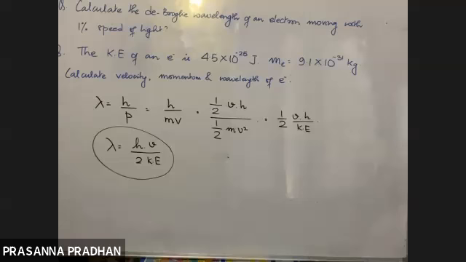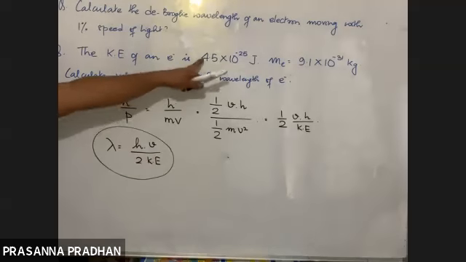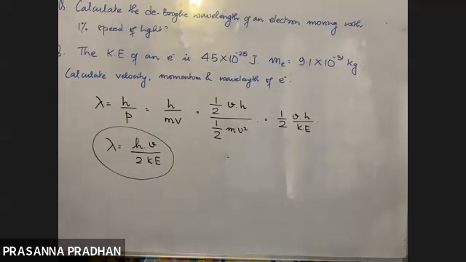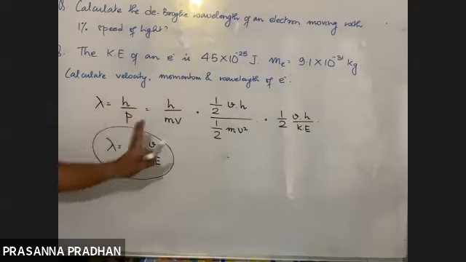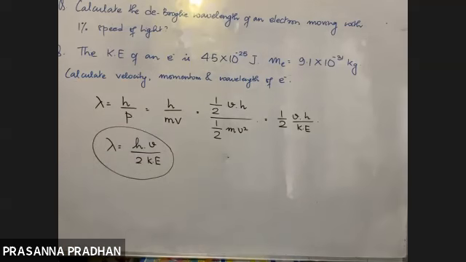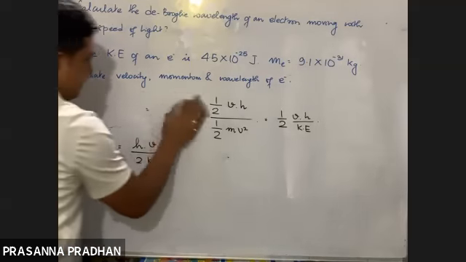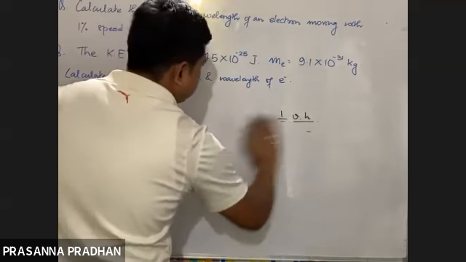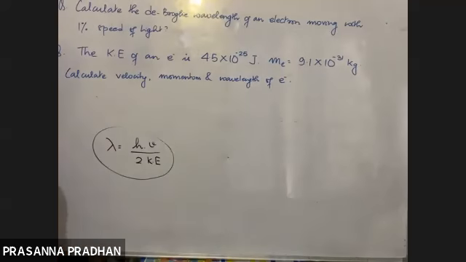Now what is given? Kinetic energy is given. You have to calculate... अच्छा यहाँ पर तो लेकिन velocity calculate करना पड़ेगा. चलो ठीक है. Now, how are you going to calculate the velocity? Okay, so let us first calculate the velocity. So we have derived this equation. Now how are you going to calculate the velocity provided your kinetic energy is given?